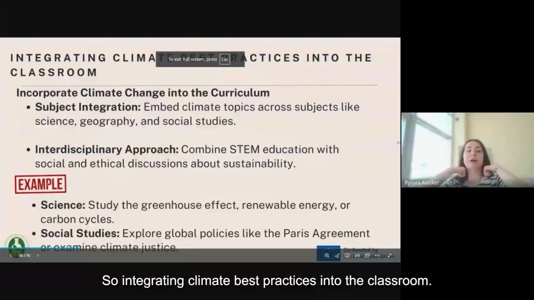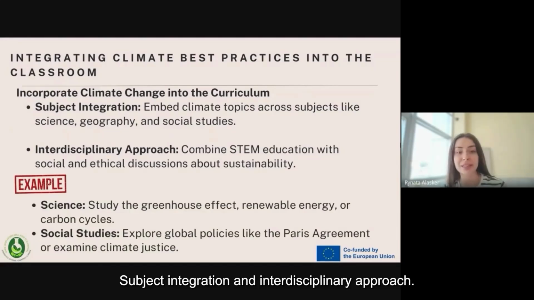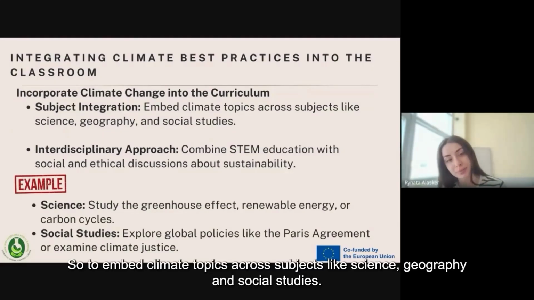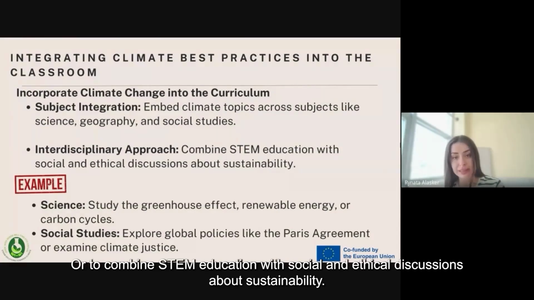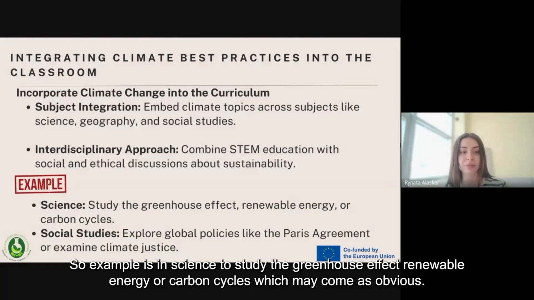Integrating climate best practices into the classroom: incorporate climate change into the curriculum, subject integration, and an interdisciplinary approach. So embed climate topics across subjects like science, geography, and social studies, or combine STEM education with social and ethical discussions about sustainability. There are two ways, and this is basically two of them. An example is, in science, to study the greenhouse effect, renewable energy, or carbon cycles, which may seem obvious,